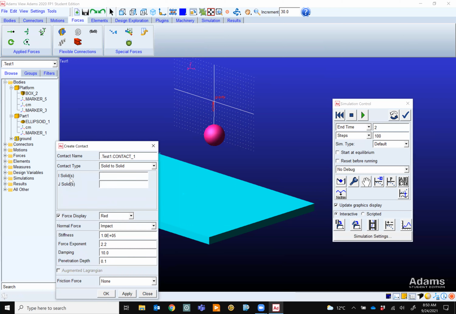Second, when two things come in contact, what does it mean physically? Let's say I have a ball and it comes and hits the ground, right? That area that comes in contact, it's an area, right?